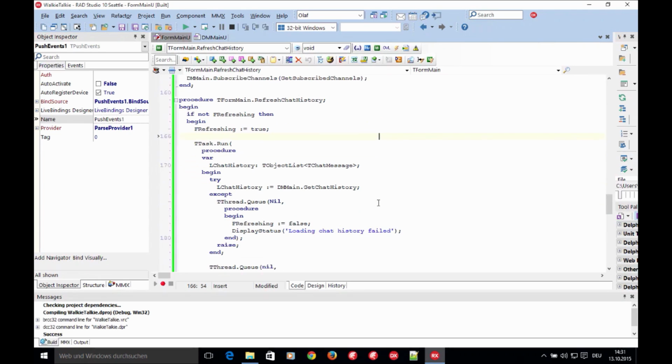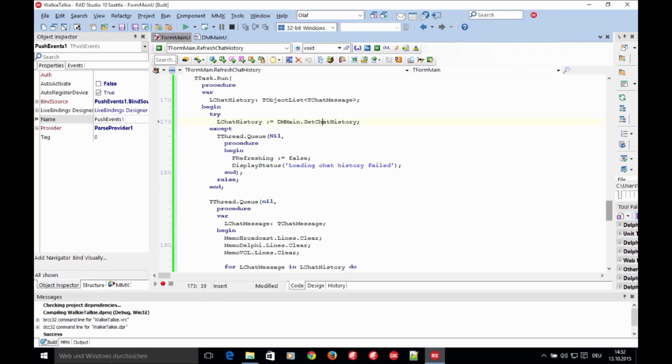What we do is ask our data module to get a chat history, however that works, and display it in the UI. This is code that might look weird at first because it uses something we have not learned yet. I'm going to tell you how to work with it in my other session about the new threading library,